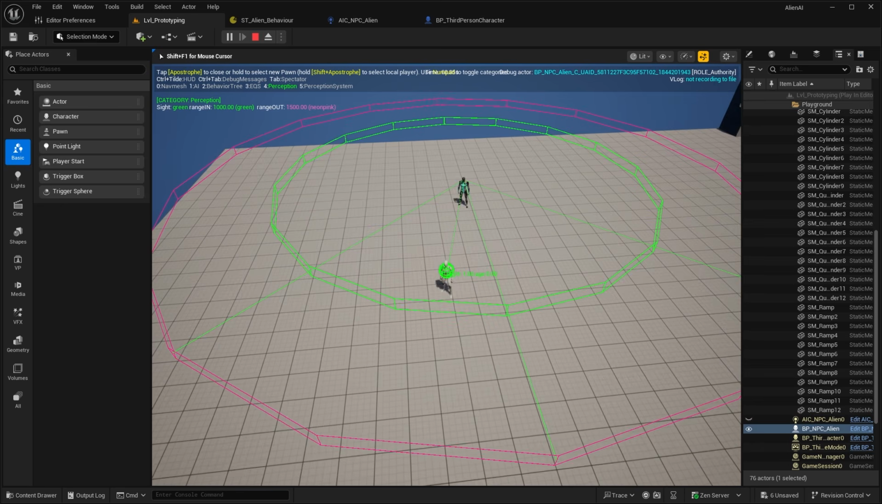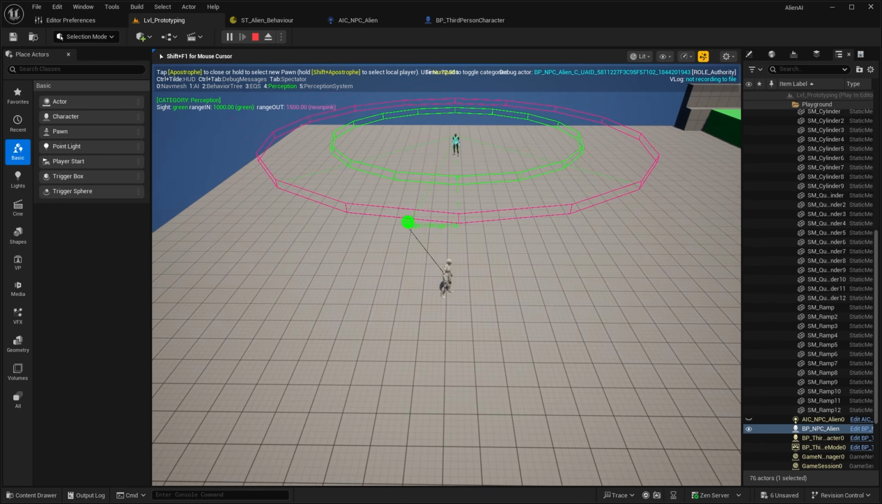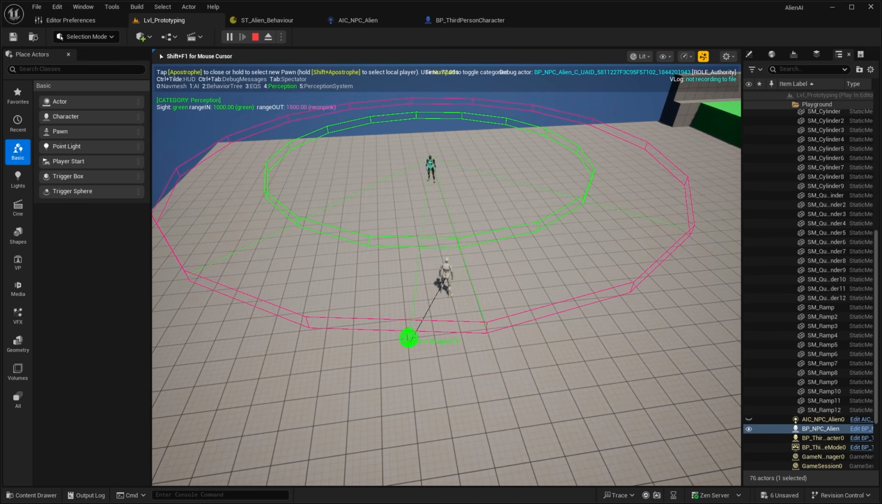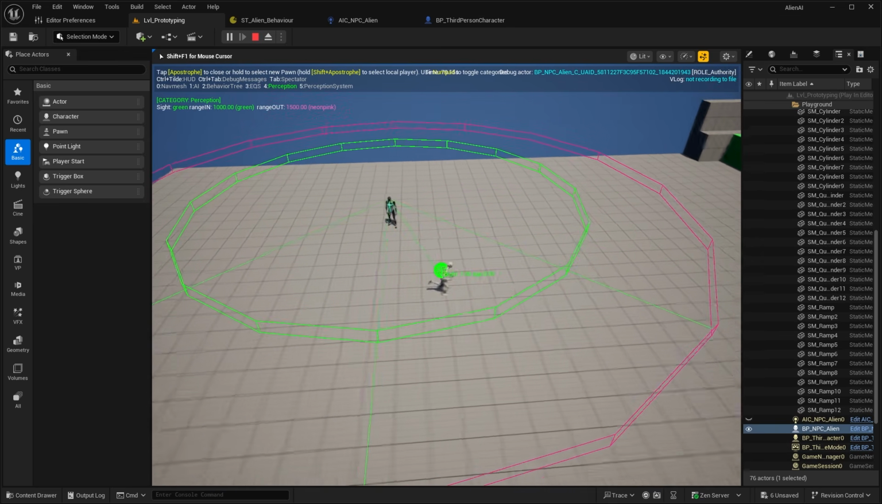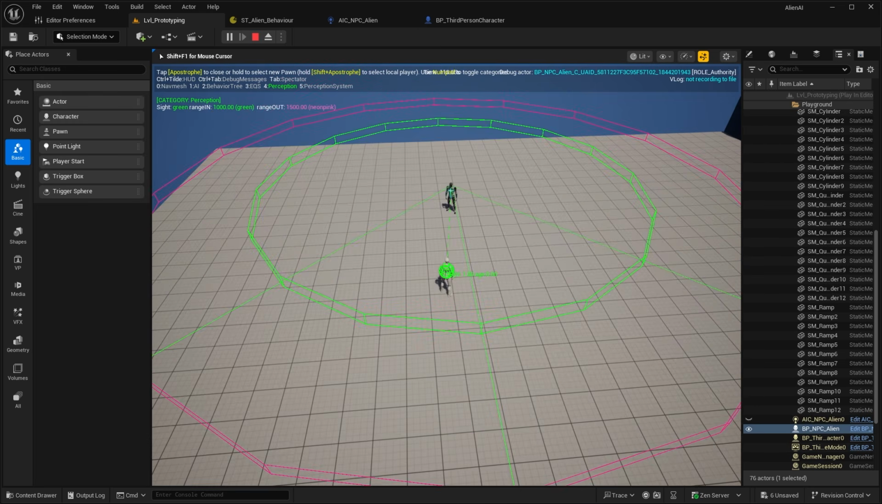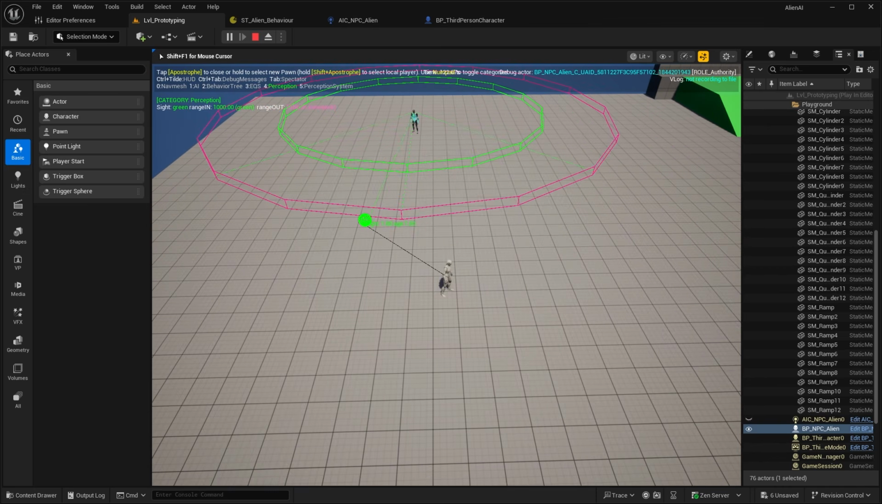And it will continue to see us until we leave the lose sight radius. And it won't see us again until we re-enter the sight radius. It will also lose sight of us if we leave its vision angle. Now, when our NPC character loses sight of our player character, you'll notice that the age value is increasing every second. Now, because we haven't set the max age for our sight sense, this will continue forever until the character